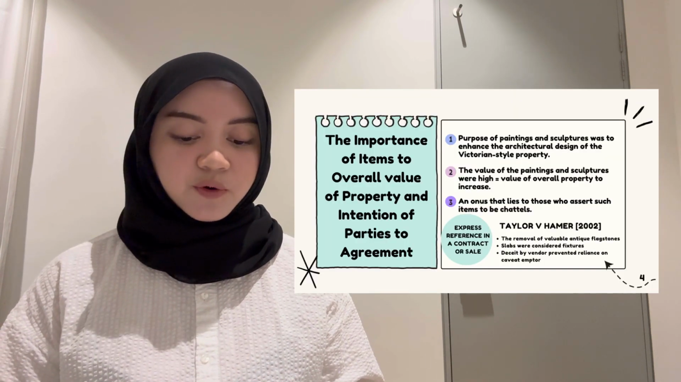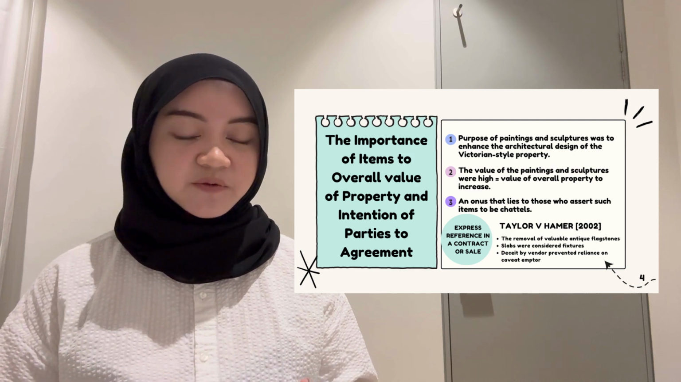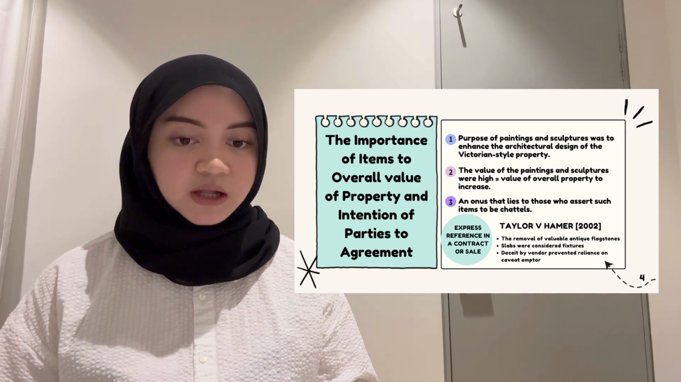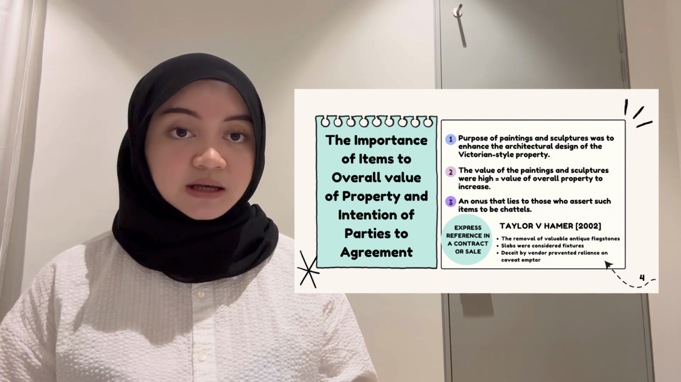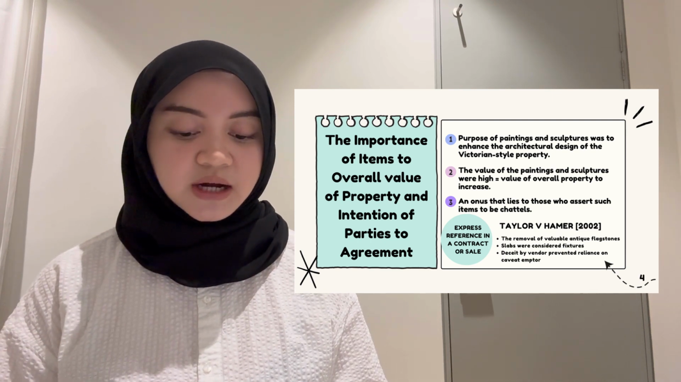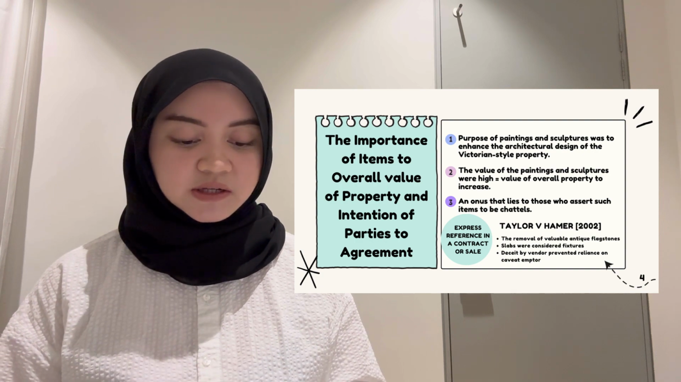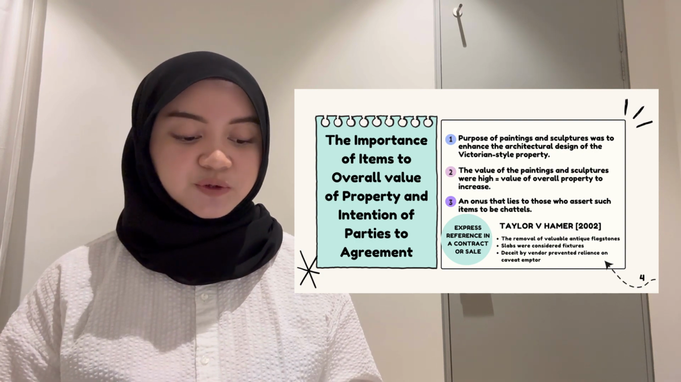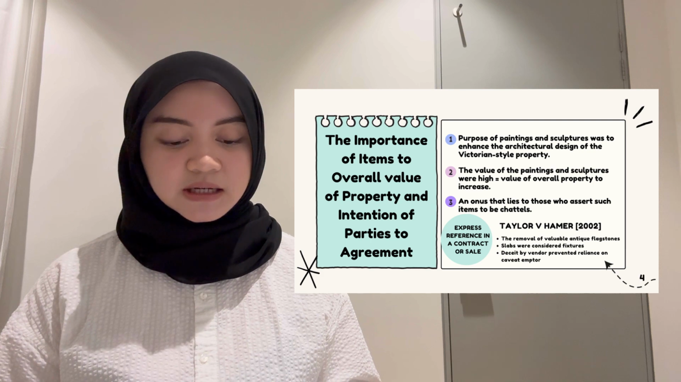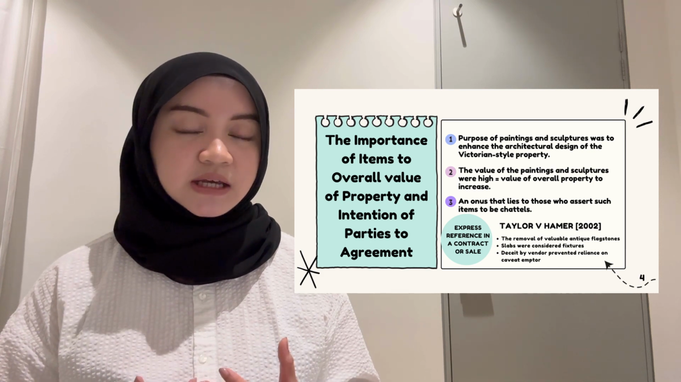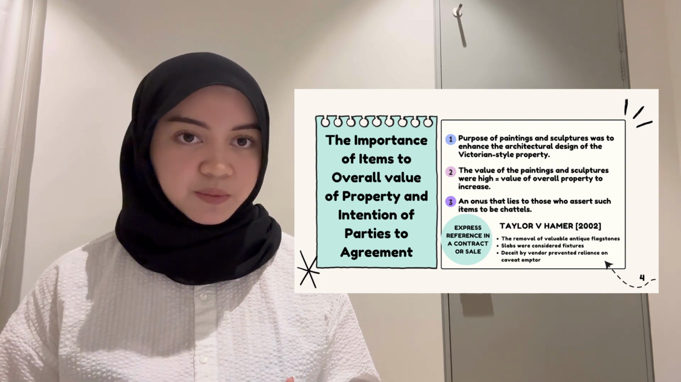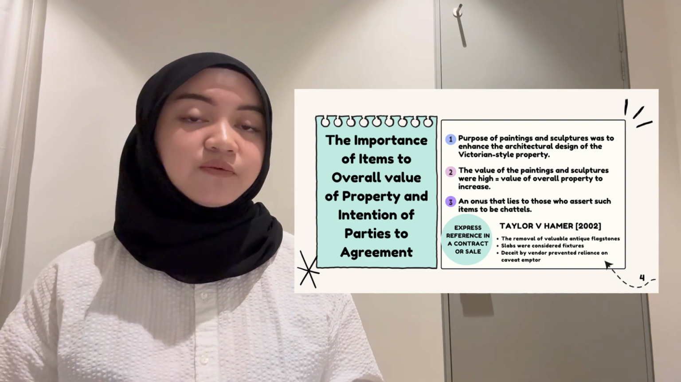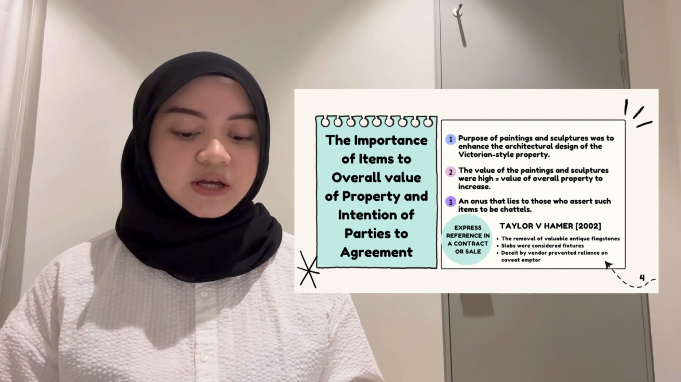Now we will be moving forward to the importance of the purpose of paintings and sculptures to the overall value of the property and the intention of the parties when signing the agreement. The first point that I would like to highlight is that the purpose of the paintings and sculptures was to enhance the design of the Victorian style property. Brenda had stated that it would be common sense in excluding the paintings and sculptures as they were chattels to the property, and the value of these chattels were high and would not be included in the value of the